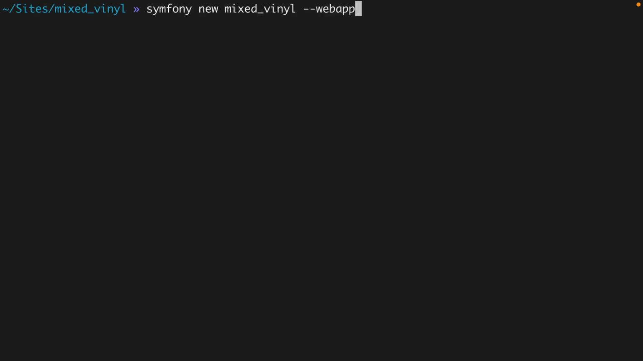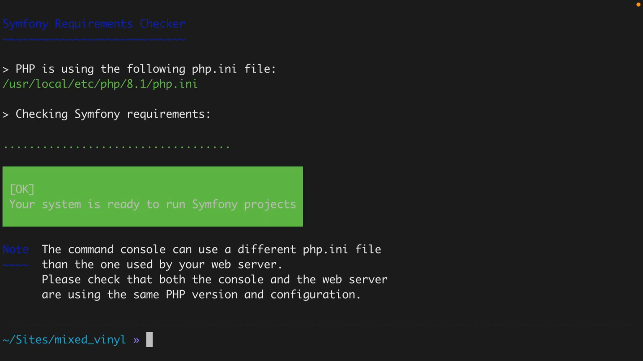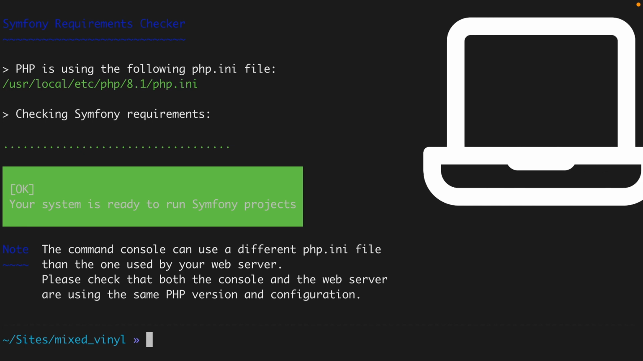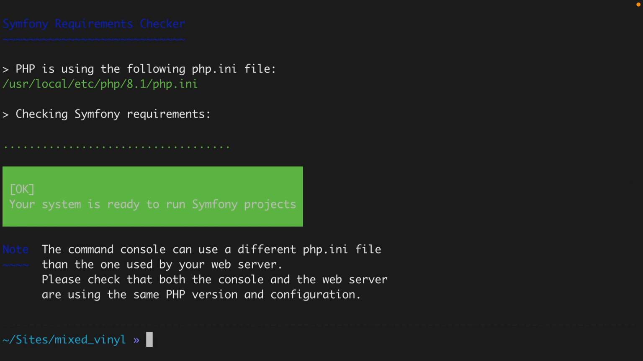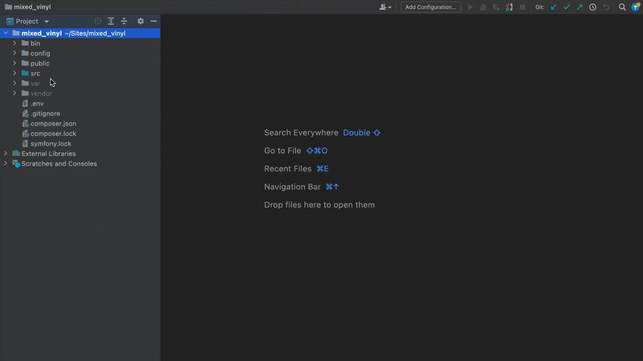Before we jump into coding, let's make sure our system is ready. Run another command from the Symphony binary, symphony check:requirements. Looks good. If your PHP install is missing any extensions, or there are any other problems, like your computer is actually a teapot, this will let you know. So, we have a new Symphony app over here, and our system is ready. All we need now is a